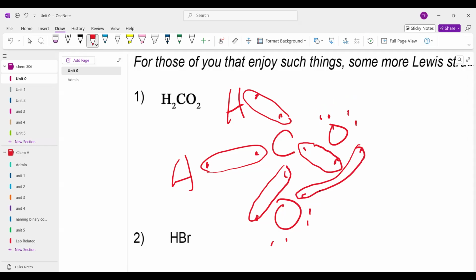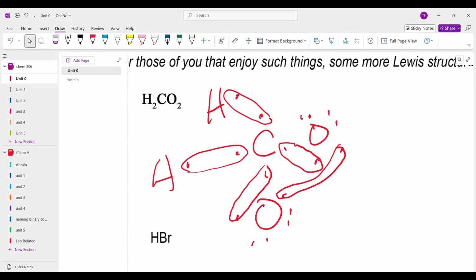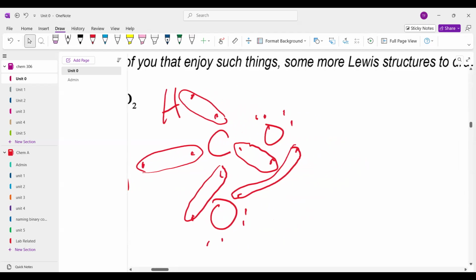Now, with Lewis structures, you can have alternate structures with the same formula. And if you have 2 legal structures with the same formula, then as a chemist, you need to figure out which is the real one and which is not. As a chemist, you do further testing, and the testing will show you what is more compatible with the structure. Okay, this happens to be a peroxide, not an acid. That's a legal structure though. So let's draw another version of this.